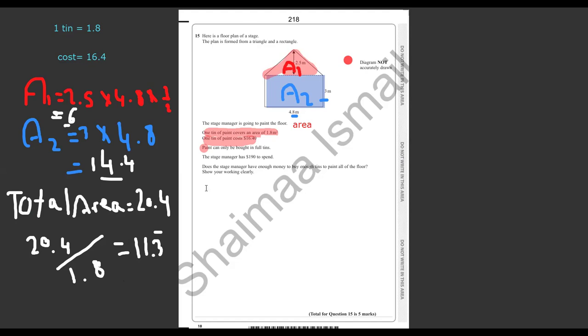If you need 12, we have to multiply the 12 tins by the total cost, which is 16.4, just to know if we can get it with 190. It gives us 196.8. So the answer here is no, he cannot get the